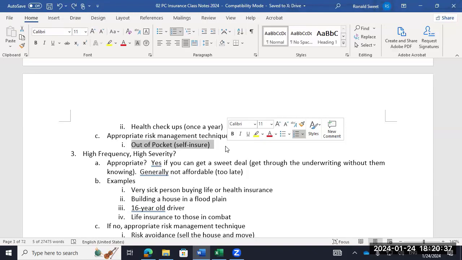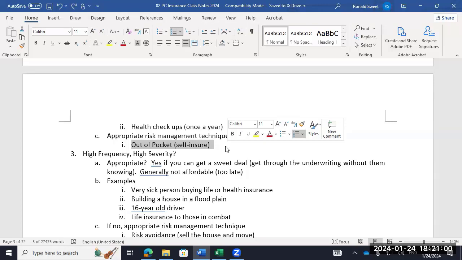Remember the 80% claims ratio? So health insurance, by law, increases healthcare costs by 25%. That's by law, because they have to pay out 80%. If you take 20 divided by 80, you're increasing your cost 25%. So it's pretty expensive. Do you have any examples where you think you probably should get insurance?